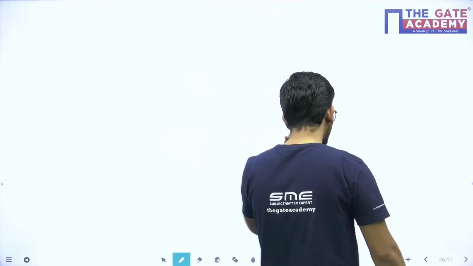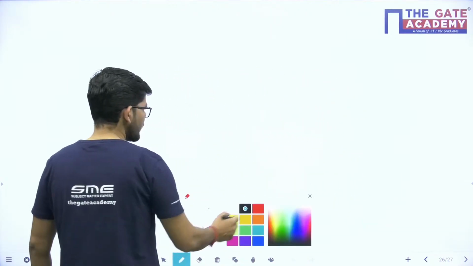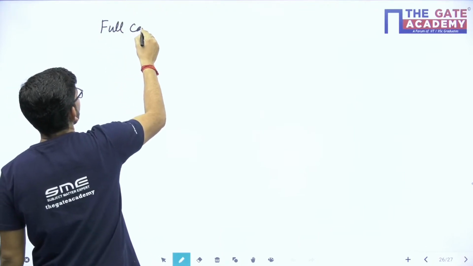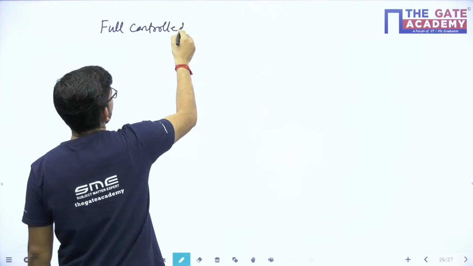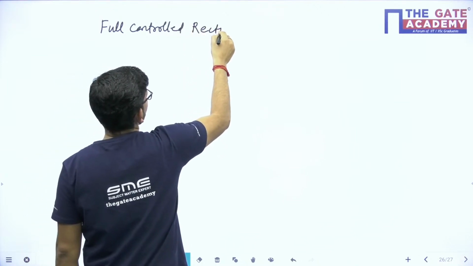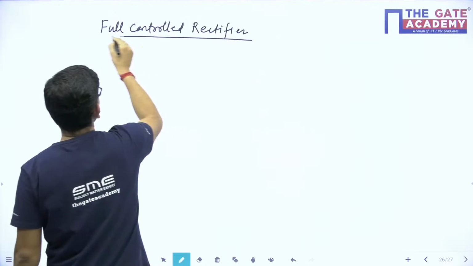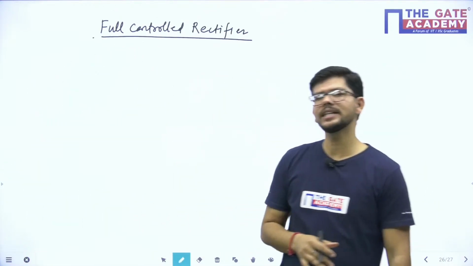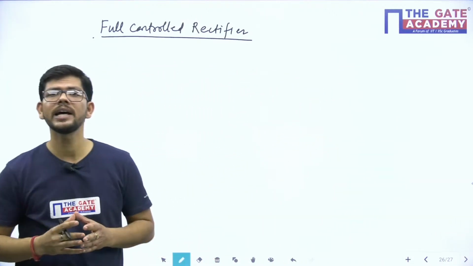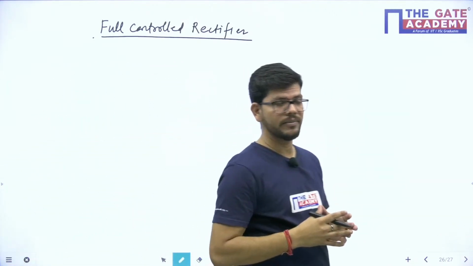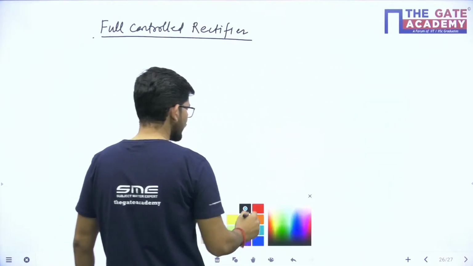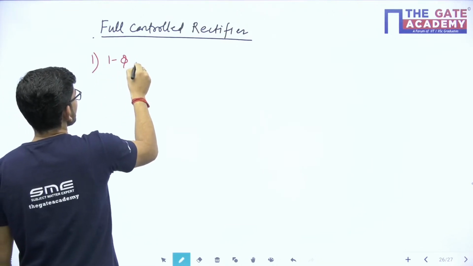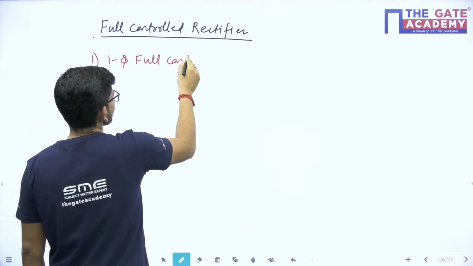After that we have fully controlled rectifier. Under fully controlled rectifier we have single phase cases and three phase cases. Under single phase cases we have single phase full wave controlled rectifier and single phase semi controlled rectifier. So let us discuss the formulas of each one of them one by one. So if I talk about single phase full controlled rectifier,